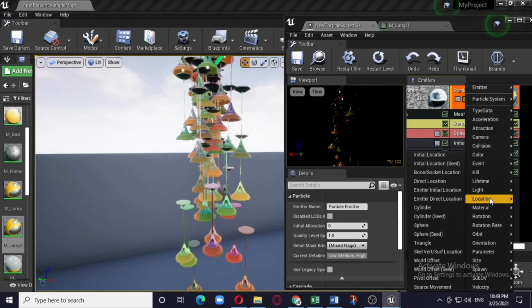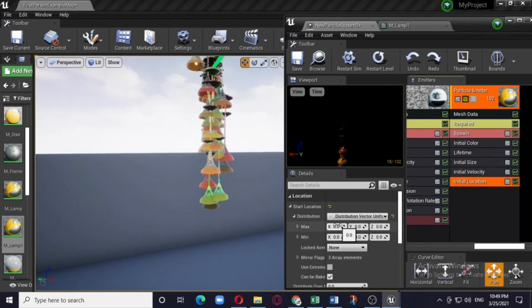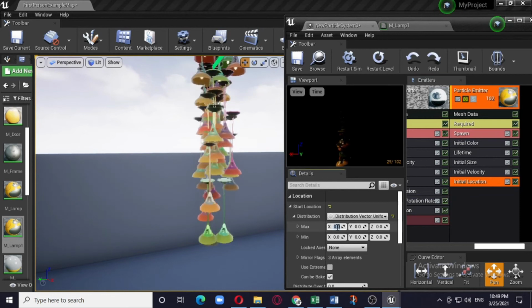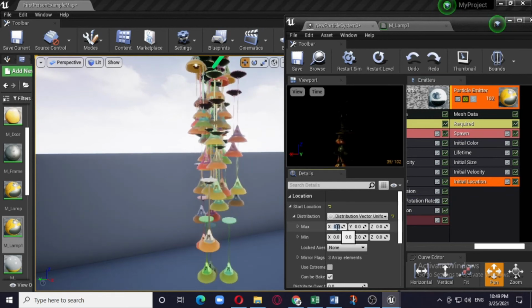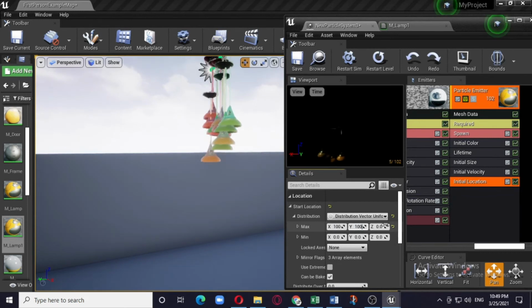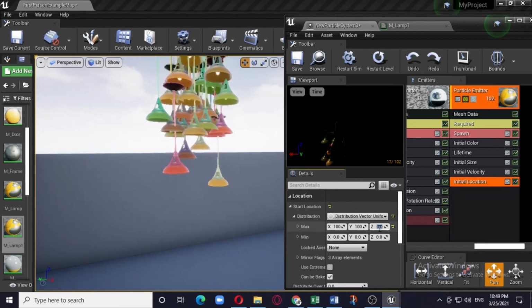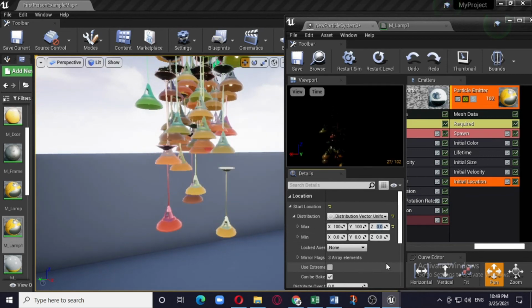Here is the initial location, and maybe we can have something like possibly 100, and fine, I think let it be.